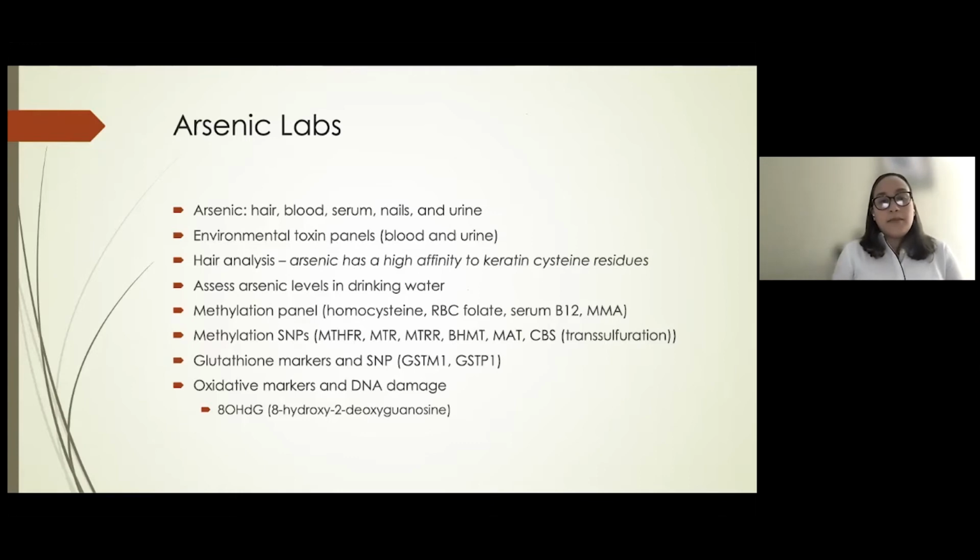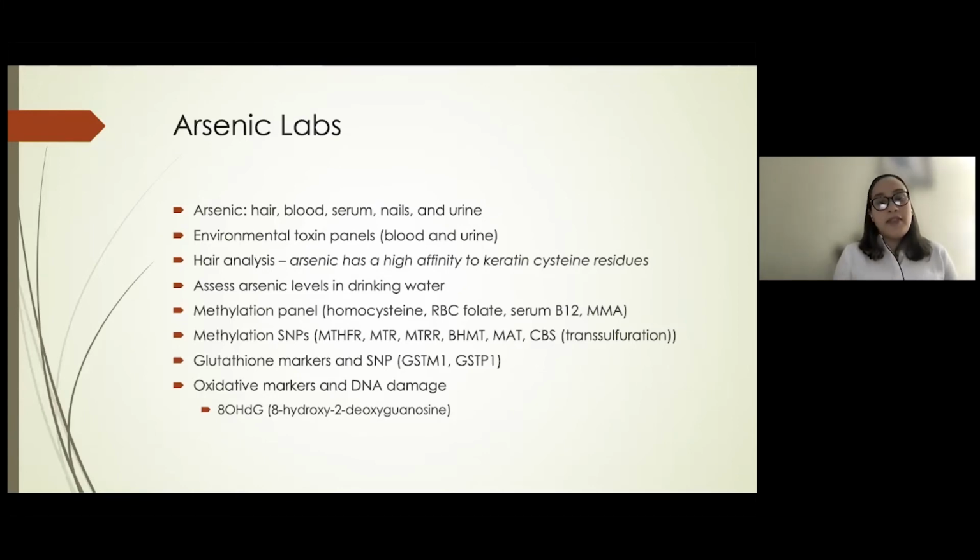Arsenic labs. There are many ways that you can test arsenic, either through the hair, blood, serum, nails, or urine. I like to run environmental toxin panels, which we'll talk about at the end, and you can get it both in the blood and in the urine. Hair analysis is actually very specific for arsenic. I know with hair analysis, it's a little iffy. Do we trust it? Do we not? But when it comes to arsenic, it tends to be a really good lab marker because arsenic has a high affinity for the keratin cysteine residues. So high levels of arsenic in a hair sample probably does indicate a true systemic arsenic toxicity. You might want to check drinking water, test the waters, and test locally to see, is this patient being exposed